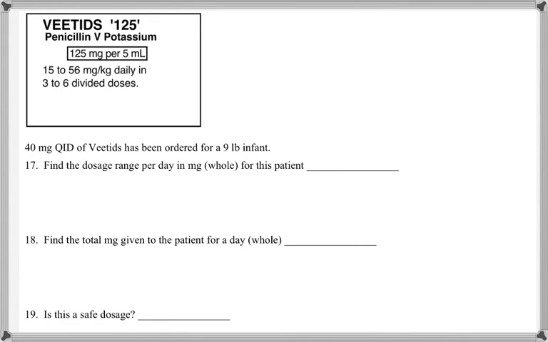Questions 17 through 19 have to deal with the VTIDS label, and this has a 15 to 56 milligram per kilogram daily in 3 to 6 divided doses. Now, what the 3 to 6 divided doses means is that